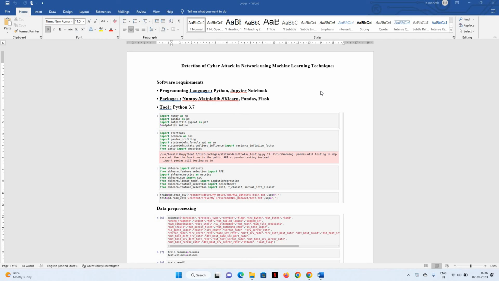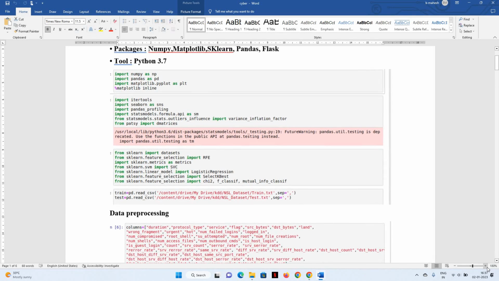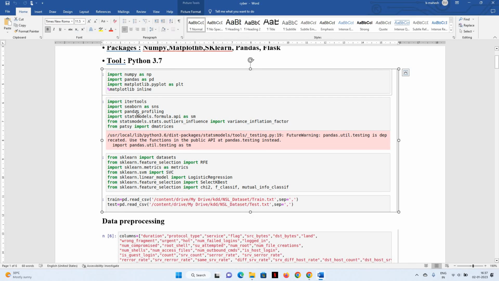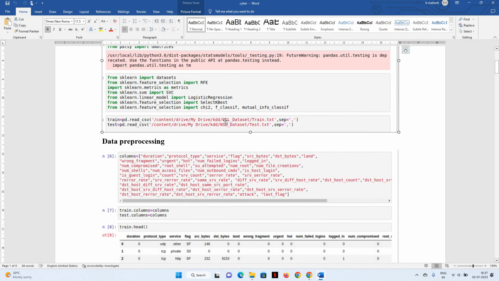One, we are going to decide which algorithm is the best one, and second part, we are going to use that algorithm. To implement this, we are working with the help of Jupyter Notebook. Here I am using libraries like NumPy, Pandas, Matplotlib, Seaborn, statsmodels, to work with different types of machine learning algorithms. Here we are going to read the data of the NSL dataset